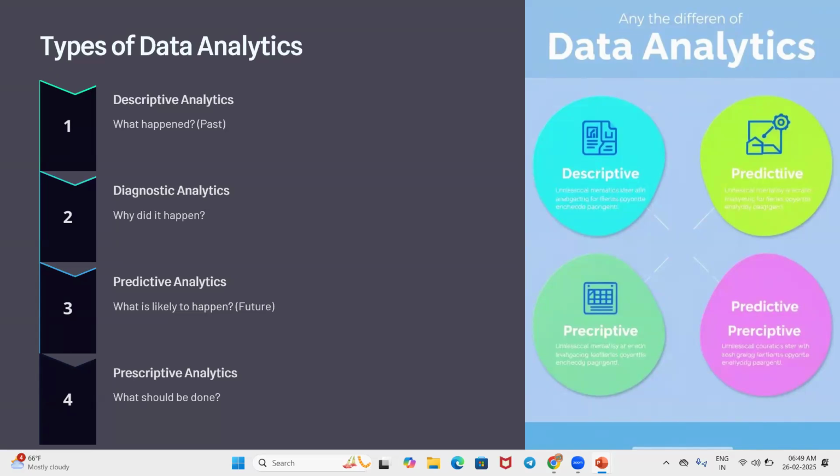Okay, and the next thing we have is predictive. Predictive, the word says prediction, predicting the future. By the analysis we make, the descriptive and diagnostic, we come to know that we can predict the future once we deal with the data. The prediction is done by machine learning and algorithms. This is performed by the data scientist. And then we have prescriptive analytics. So what is prescriptive?